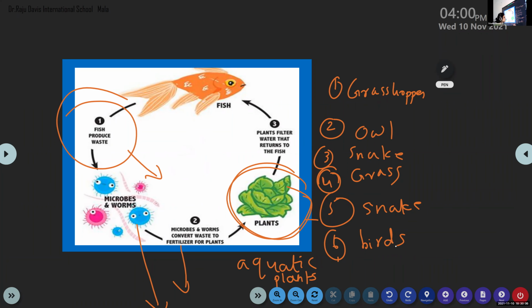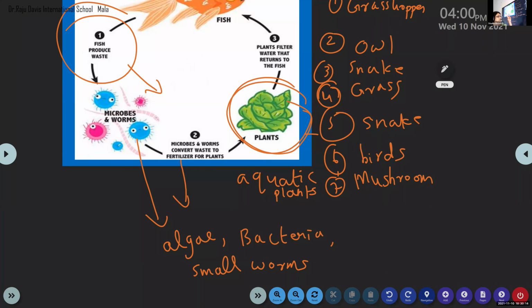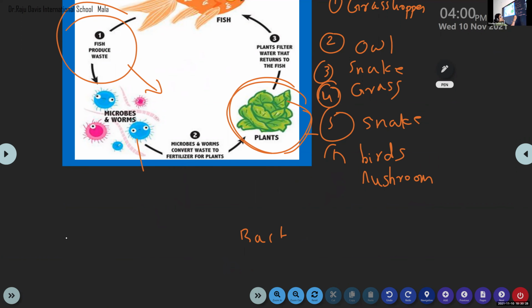Mushroom. That is about the first slide, no? I can give you so many other examples. It is not only this. Here we are showing only one slide. I will give you this type of names and then I will tell you to arrange a food cycle using this. That means you have to arrange it. Now it is in jumbled words, correct?